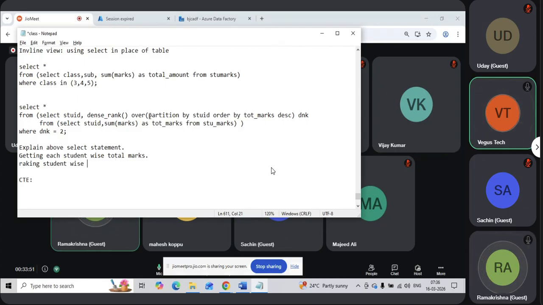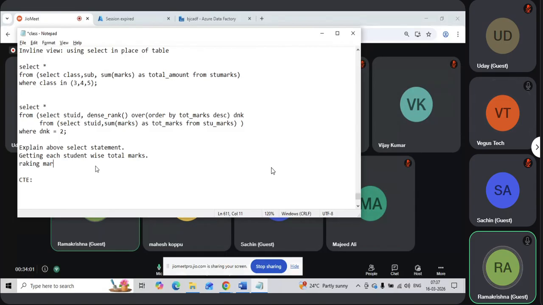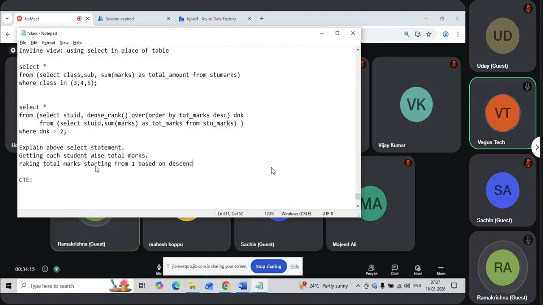Actually, you should not give this partition because you're already doing some ranking on total marks, starting from the top, based on descending order. Okay, getting the second